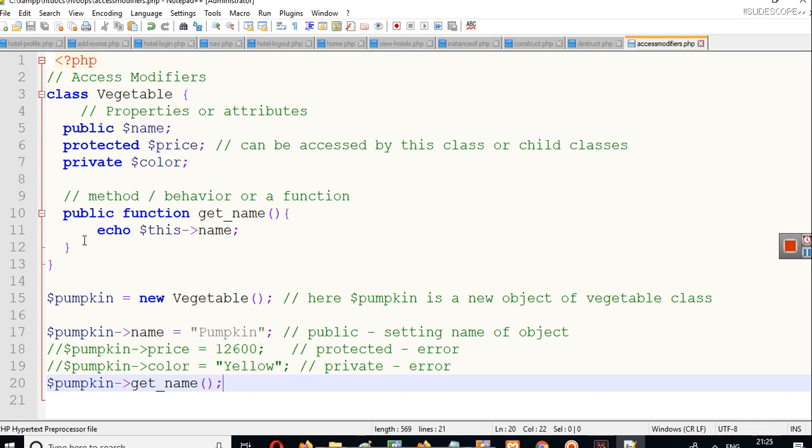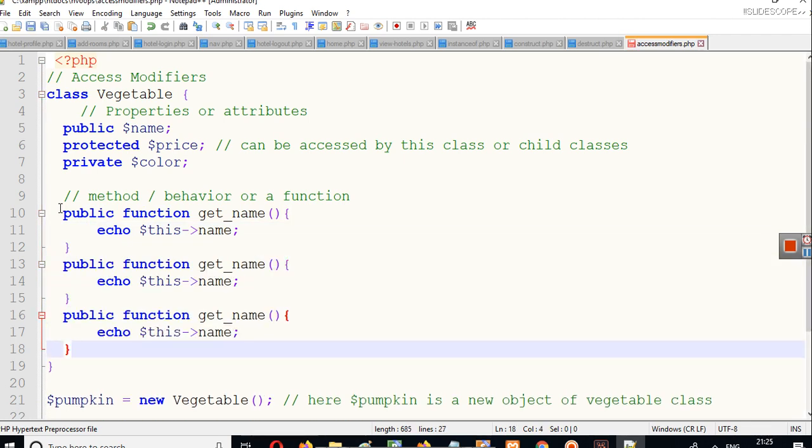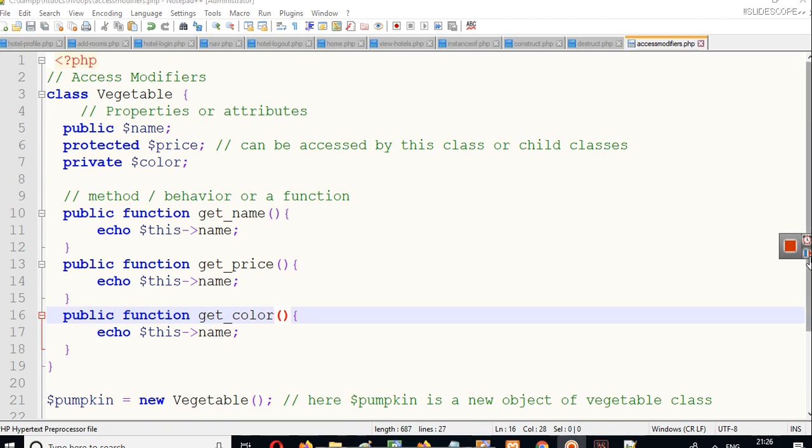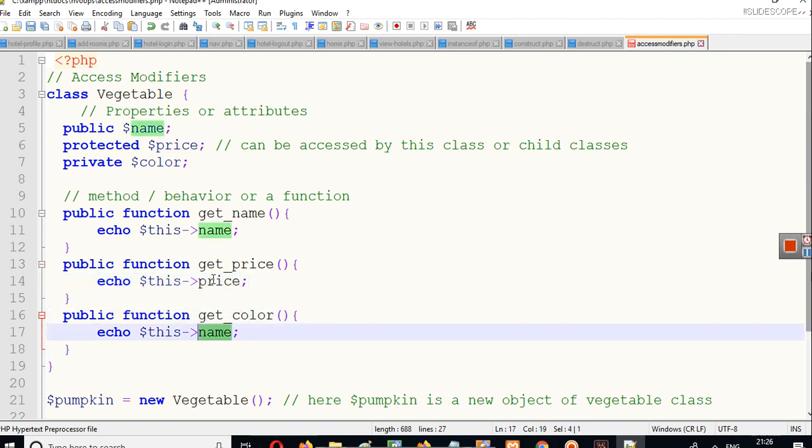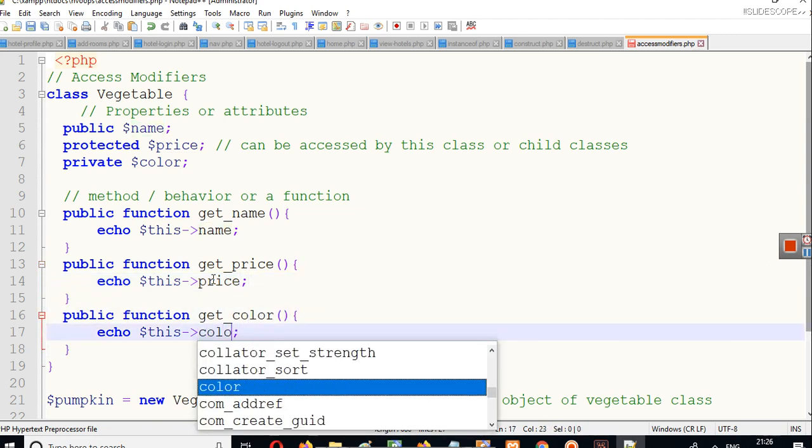this. We can create three such methods: get name, get price, and let's say get color. This dot price, and this will be this arrow color.